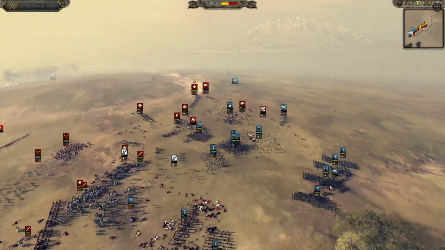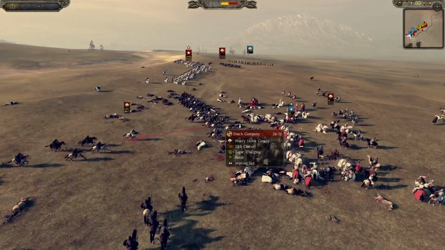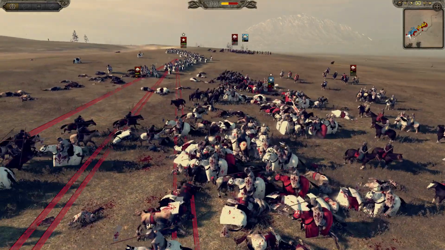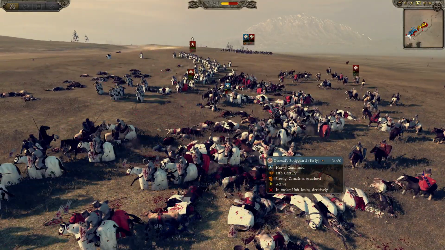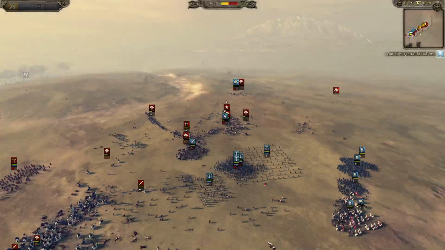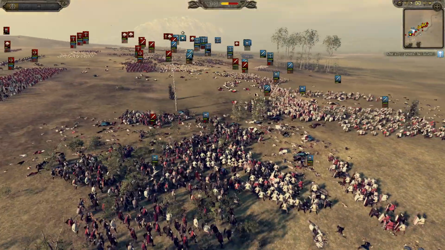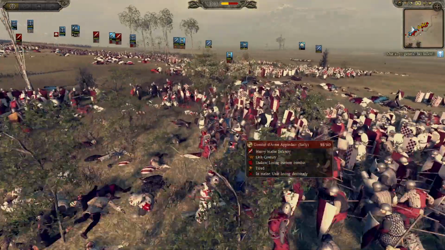You never know. It disengaged, actually. There's a bit of a risk there from the Milan player. And another cavalry there, Death Company, going in. They've just charged into the Florentine general there. And that's the Florentine general now dead as well. And already it's looking like Fossalta could follow a similar trend.